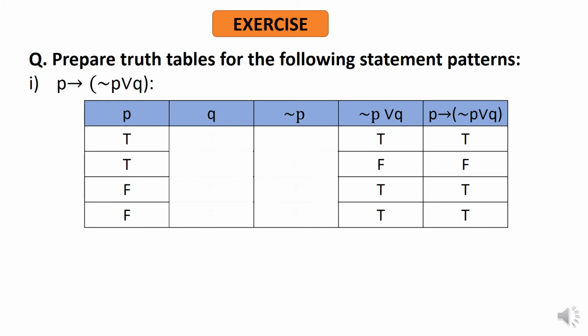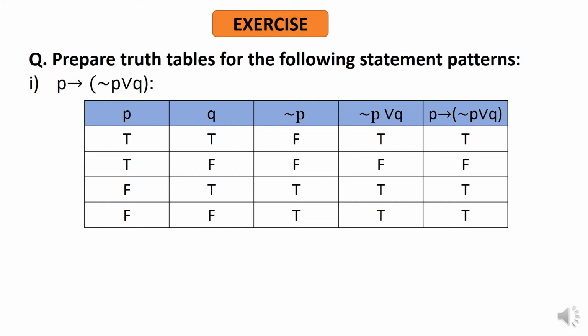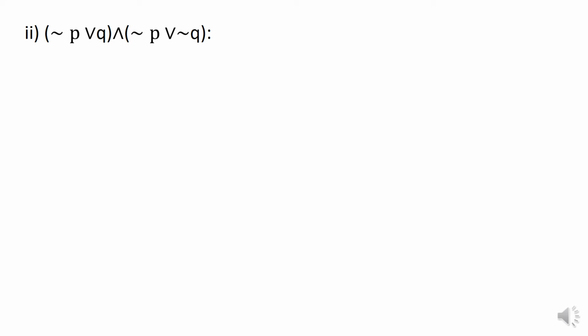As you see, learning those truth tables would have made it much easier for you to understand the whole thing. Thus, the entire sum comes out in the following manner. The second question, that is not P or Q and not P or not Q. Notice that the brackets have been put in the appropriate places. Here again, there are two statements, that is P and Q. So, the number of rows are going to be 2 square, that is 4 rows.